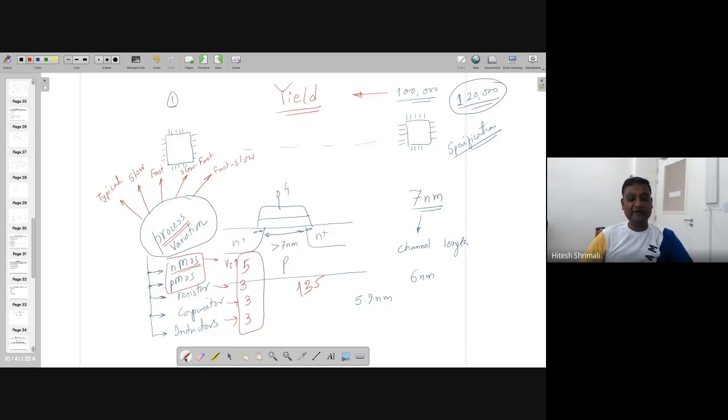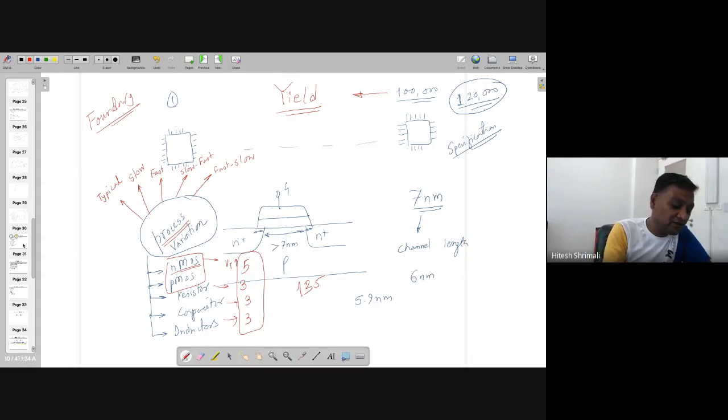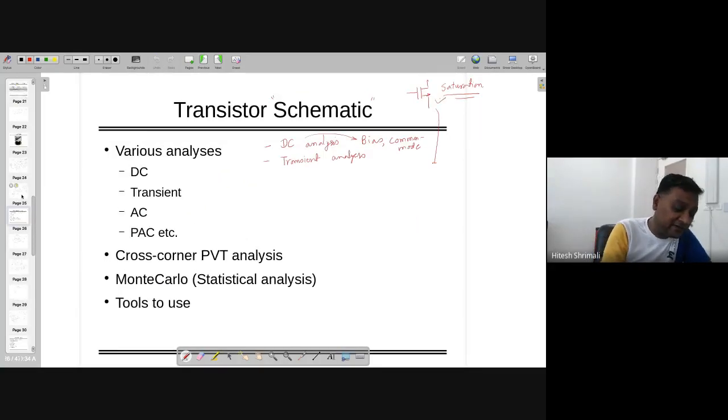Internally, if you are going to use Mica or Cadence, it will make sure that it will make slow, fast, fast-slow, and slow-fast devices as per what happens in reality in your design. That has been checked and given by the particular foundry, and that's how this tool becomes very expensive, because it gives all the different data. It's real data coming from the transistor. It's already known to them, right? So this was the first part, that process.